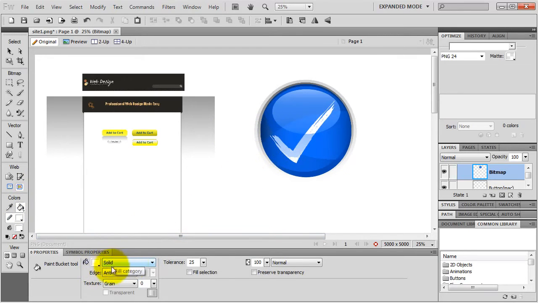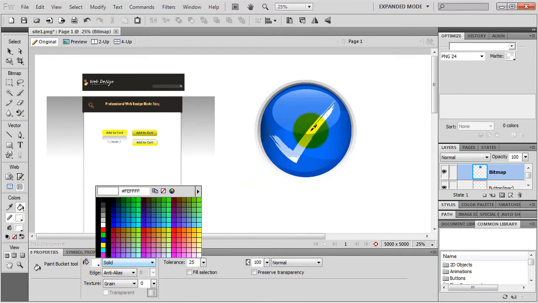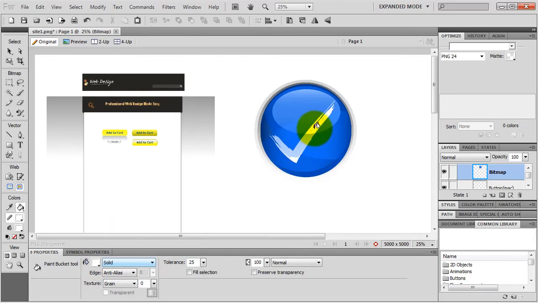I want to go with solid color and change it to white. Actually, I pick the color here, even if it's white, I want the same exact color. And now I just click on this blue area. It's gone. There's another one. Click on it as well. Okay, it's all gone. But if I zoom in a bit,